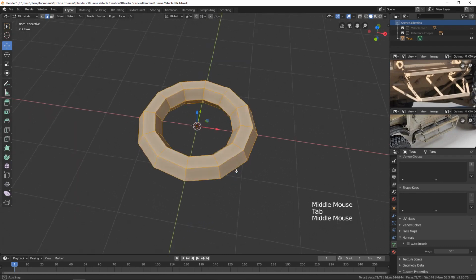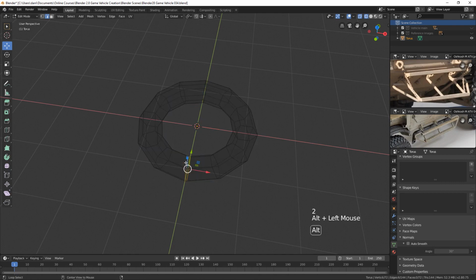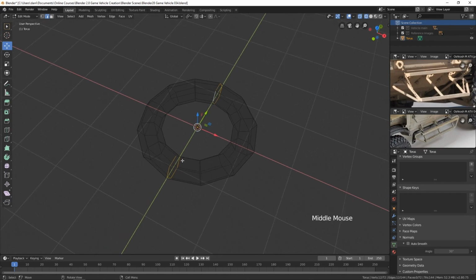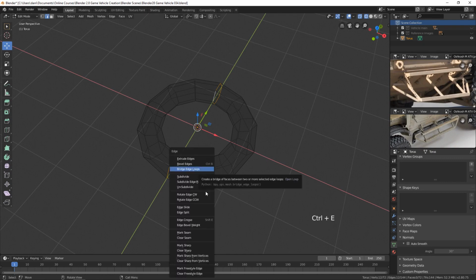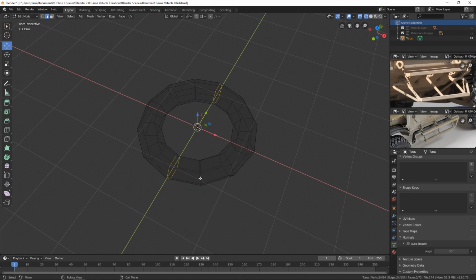So I'm going to Tab into edit mode, and maybe I'll even go into a wireframe here. And let's Alt-click this edge right here, and Alt-Shift-click this edge right there. Now I want to split that so that these two sides are their own pieces. So I'm going to press Control-E to bring up the Edges menu, and I've got this Edge Split tool right here. So if I click that, not a whole lot happens, but if I deselect those and then hover over